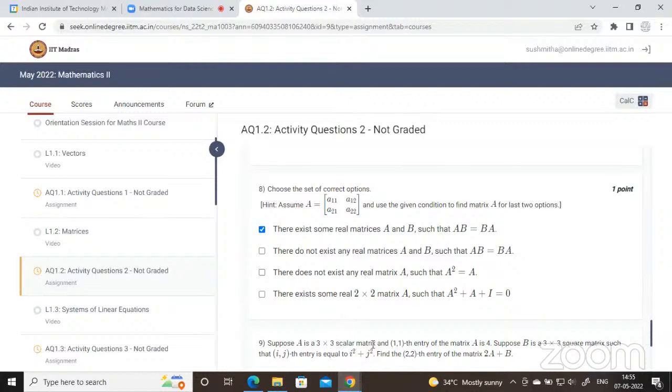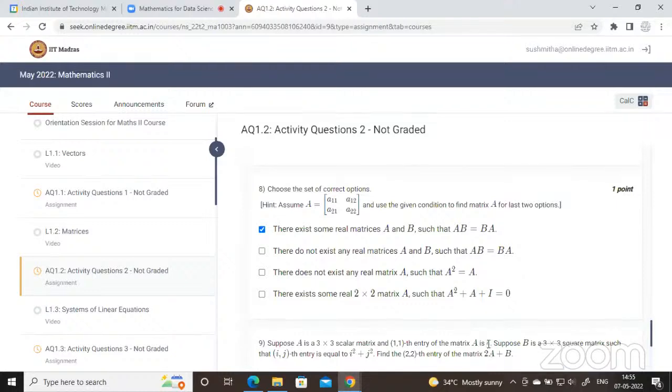A scalar matrix is a diagonal matrix, all of whose diagonal entries are equal. So I know one diagonal entry, so I know all other diagonal entries, right? Okay, ma'am, I got it. Yes, it's a diagonal matrix, so you'll have only diagonal entries, and all the other diagonal entries are the same.